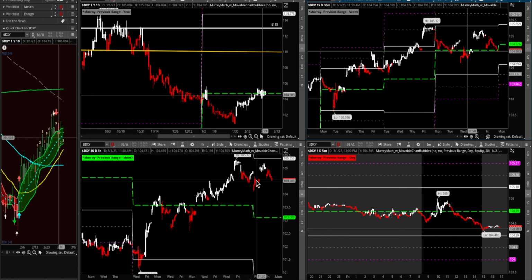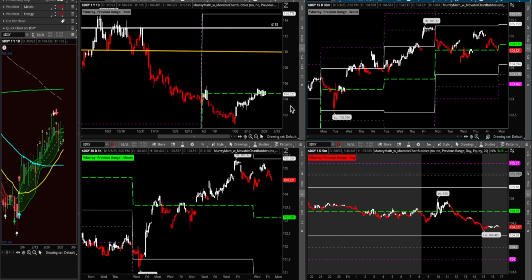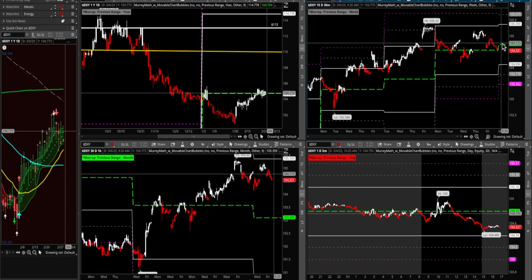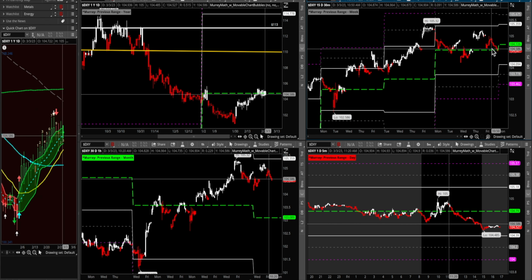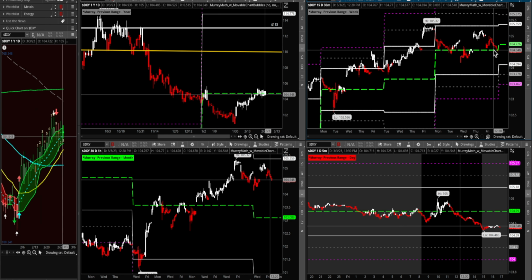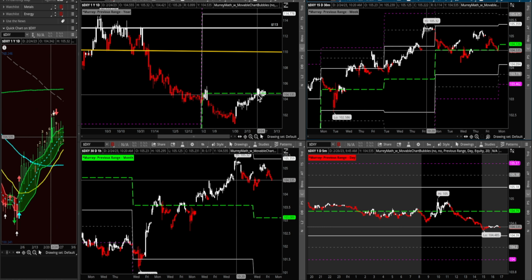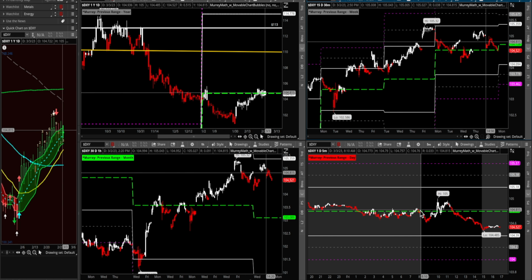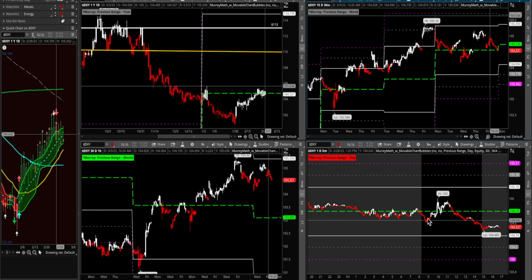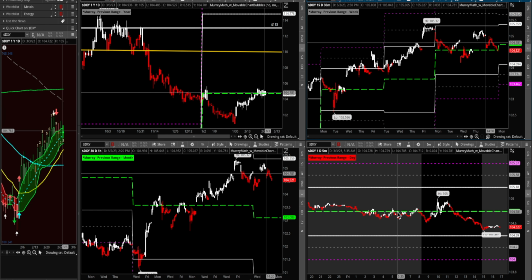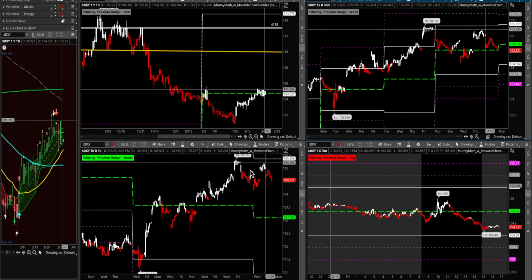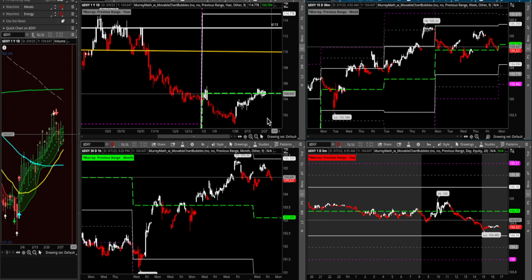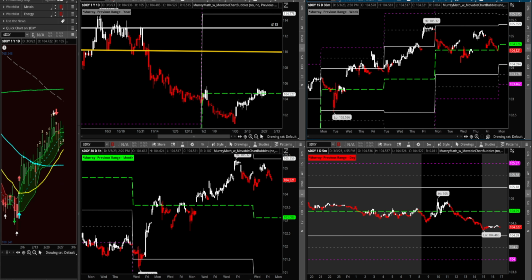You can see on the monthly, we're above it, so that's bullish. On the weekly, we're kind of going sideways on it too. It needs to stay above 104 and change pretty much here. You can see on the daily range, we now are below 104.79. So if we can regain that next week, it could still not look too good for next week. But if we could close above there and stay above that 104.52, that would be great for the bulls.